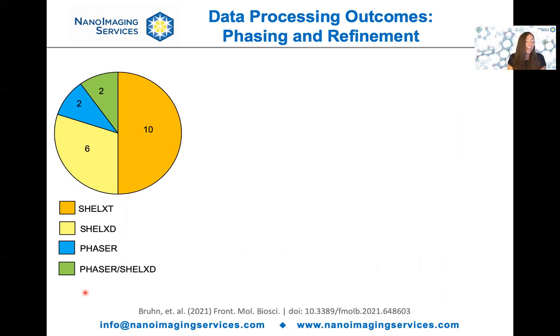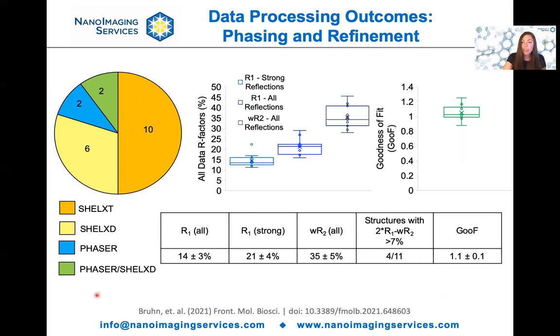It's very easy and you don't have to necessarily have your space group right at the beginning, so that's great. For more challenging structures, we would turn to SHELXT. For even more challenging structures, we would turn to Phaser and molecular replacement, or maybe a combination of Phaser and SHELXT. Here's a look at the refinement statistics that we were getting out of all the structures that we've